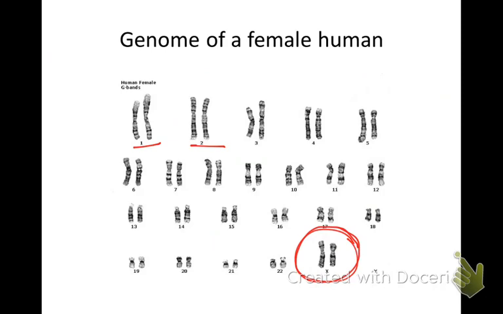But genome refers to all the DNA in your body. So all the DNA in every cell. And you have the same DNA in every single cell. I know I've said that, but I just think that's so neat. All the DNA within the cell, it's kind of like your recipe book. And every cell has the same recipe book. Half of the DNA comes from the mom, of course, and half of the DNA comes from the dad.